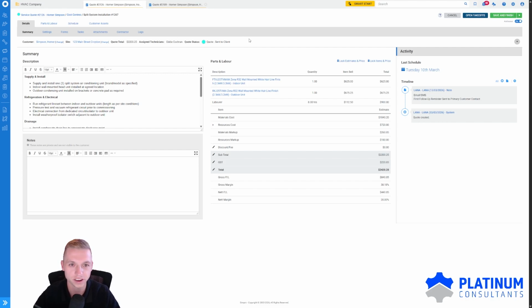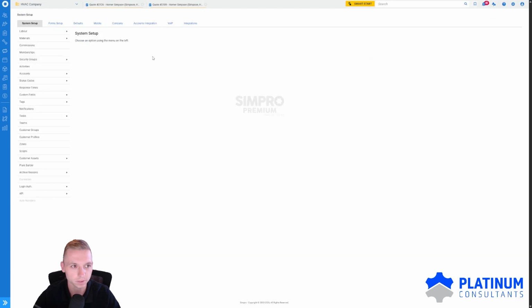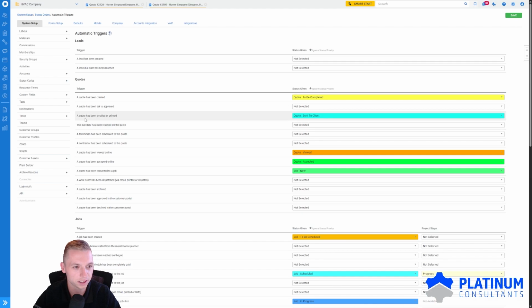So the new feature that we've got now is if we go into system setup here, normally what you would have done under automatic triggers is for this setting here that's a quote has been emailed or printed, we'd have to actually just take that status out if you're using the default PDF forms. You wouldn't have anything in there. So now what you can do is add in this status quote sent to client,